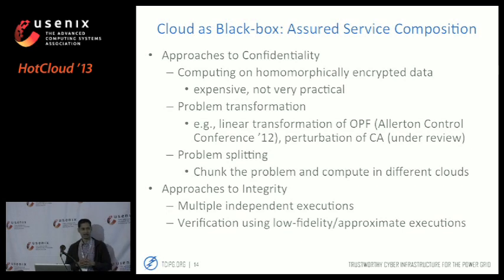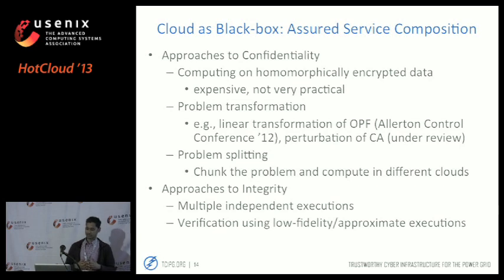Wisconsin folks did that for optimal power flows, and we have something under review for contingency analysis. The perturbation is not reversible, but we take advantage of some additional computations we can do locally to help with that. So this is a flavor of something that one could do for confidentiality,